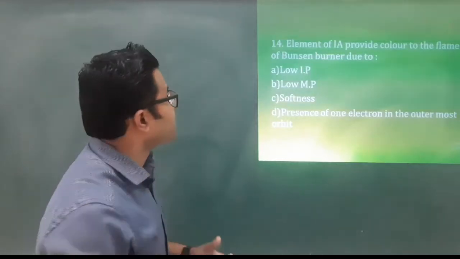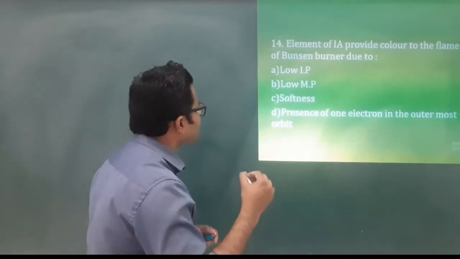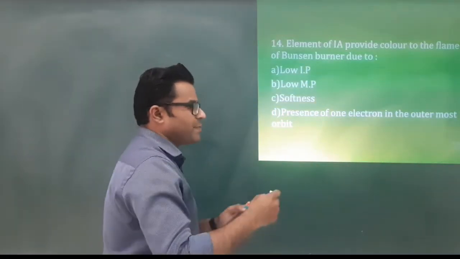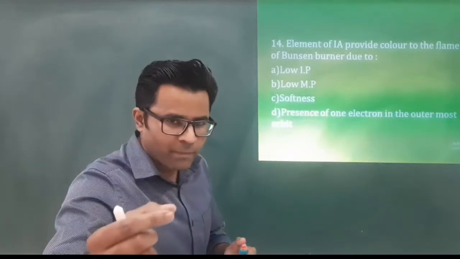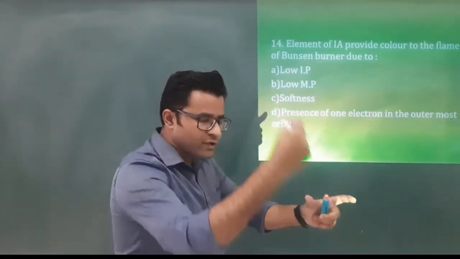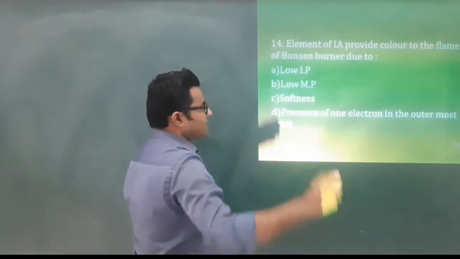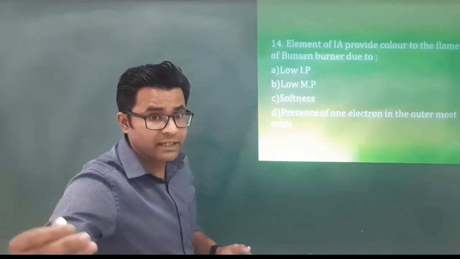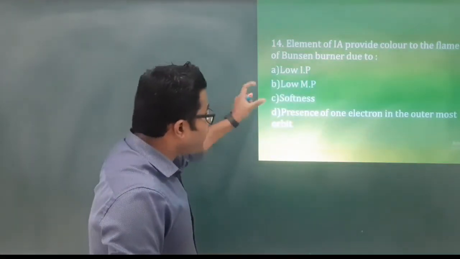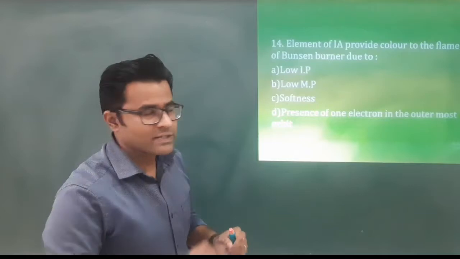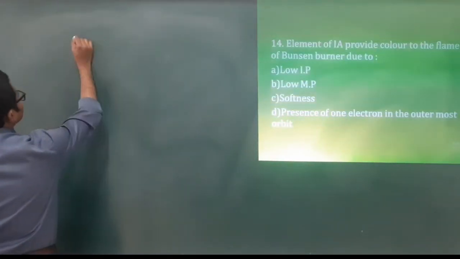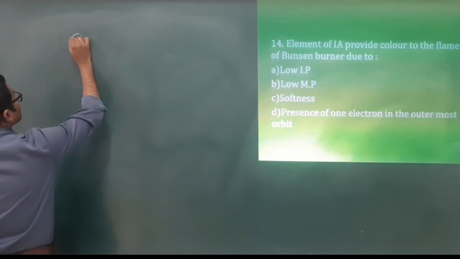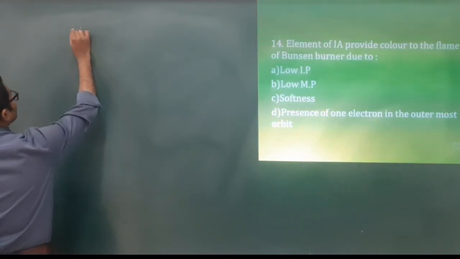Coming to question number 14. The element of group 1A provides color to the flame of Bunsen burner. That means whenever you take a salt from group 1A and insert it into the flame, it is going to give colors. We have already seen the different types of color that are exhibited. Now why this particular color comes into existence is because whenever you have any of the alkali metals, these alkali metal atoms